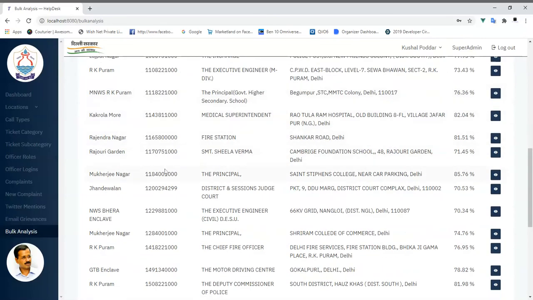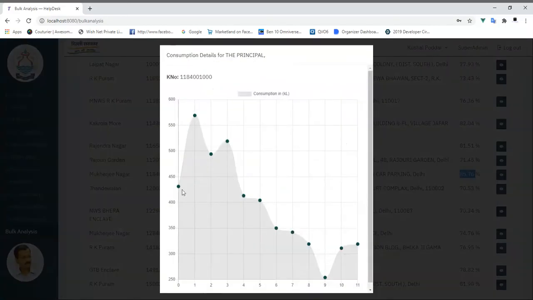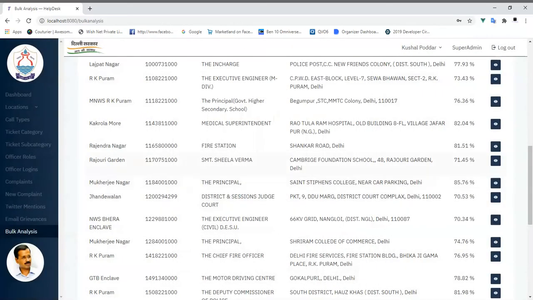So, for example, if we check the principal, having 85% probability, if we click on this view button, we can see a gradual drop of the connection in this graph. So, this indicates how the water consumption is dropping month by month. So, this can be inspected manually.